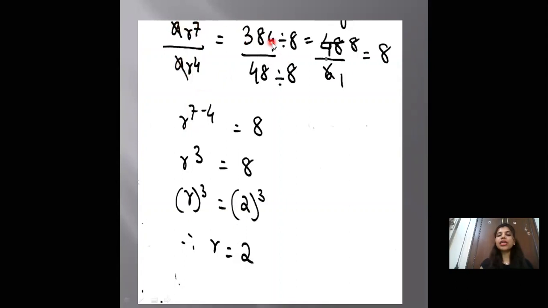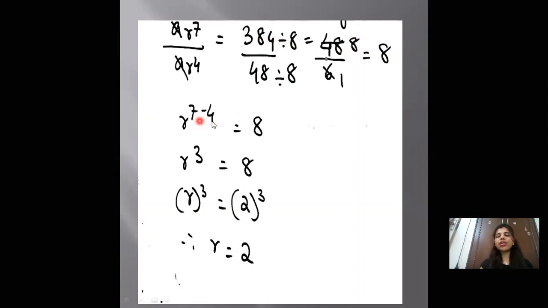Now you divide 384 and 48. You can divide it by 8. So 8 6s are 48, and you can just check if you can divide 384 by 8. So it is divisible. So we write 8 6s are 48. Then 8 4s are 32, 6 carry over. So 8 8s are 64. So now you are left with 48 and 6. 6 1s are 6, 8 6s are 48. So we got the value as 8.